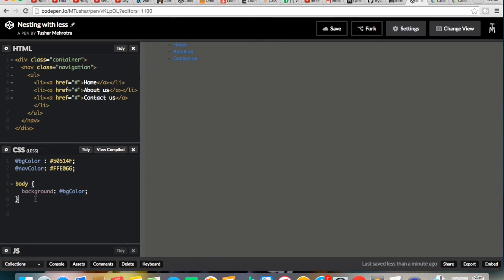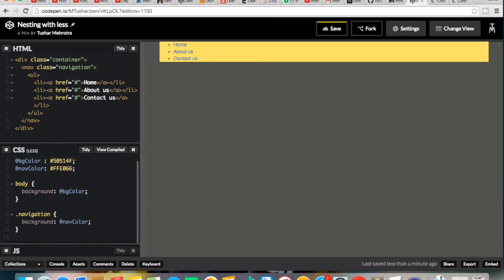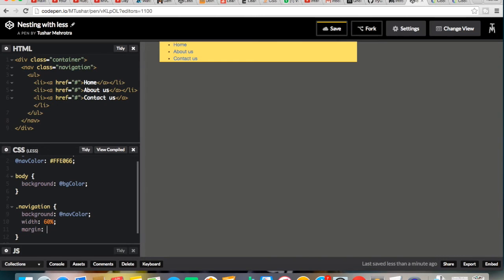I have a class of navigation for nav, which will act as a wrapper for the navigation. Again, I'll give some background color to it. It will be nav color, right? Okay, you can see that the wrapper is yellow color now, and I'll give it a width of 60% of the container width and 30px of margin.